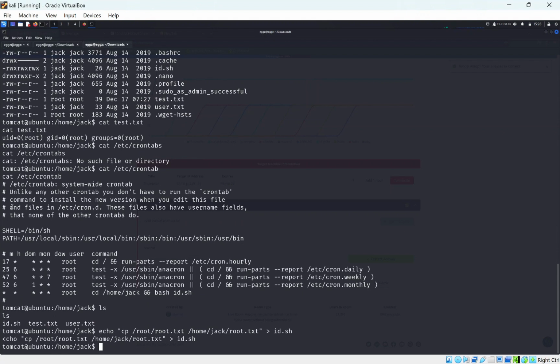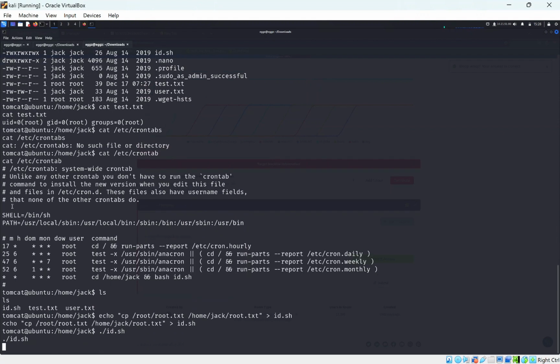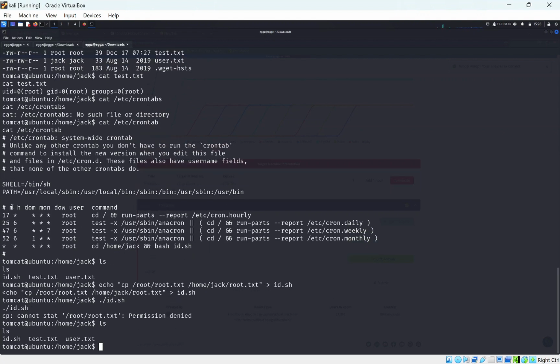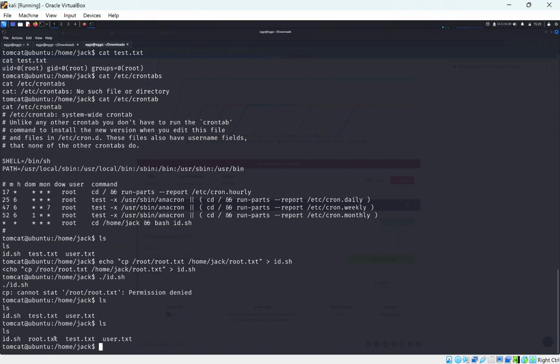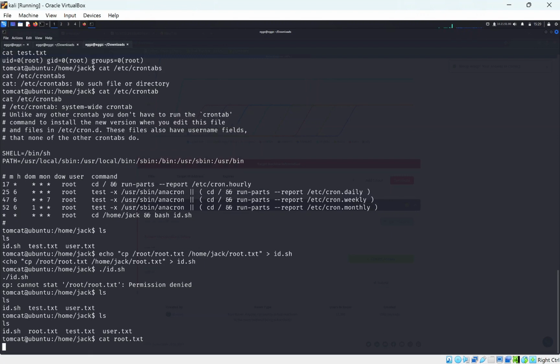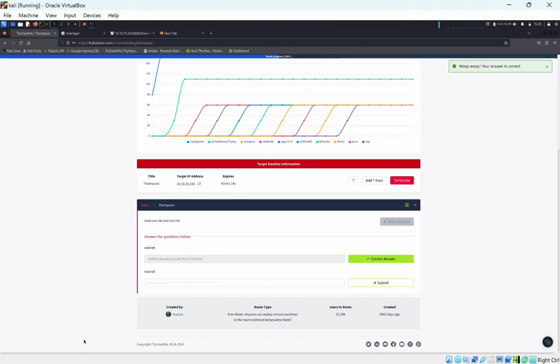bash script. So what we could do is ./id.sh. Let's run that. And it says permission denied. But we'll just wait for this to go through. We'll have to wait for a bit. But sooner or later we should have this executed. So we do it again and we can see we have root.txt. So let's cat root.txt. And we got root. We have the root flag. So let's put that in. And within the room,